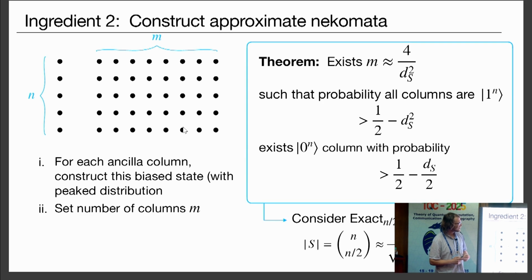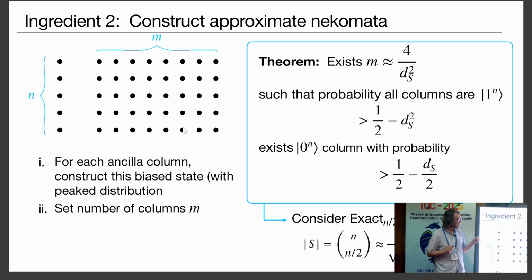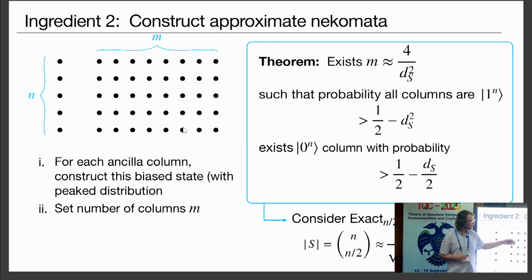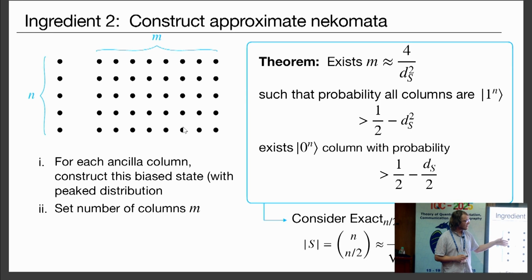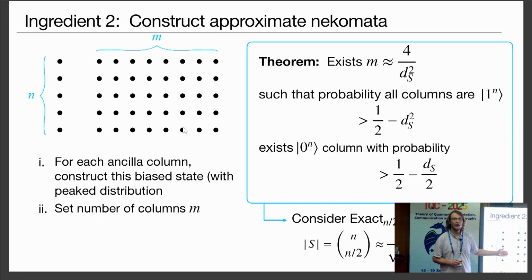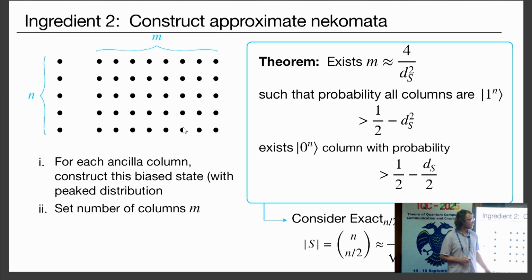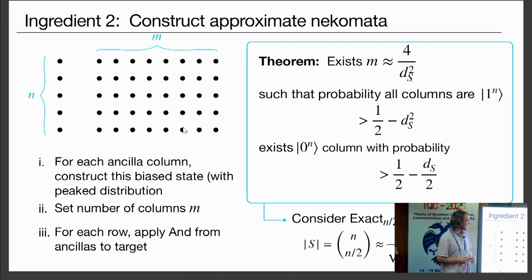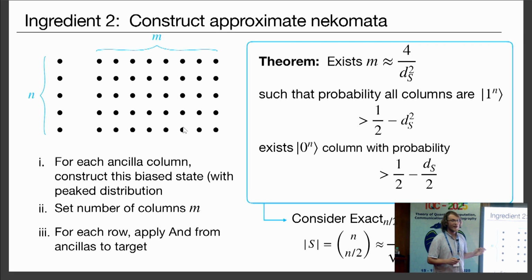What this means is that if you have majority gates, then like I mentioned, you can recover these exact n over 2 gates. And this will leave you with some parity-restricted sets. But I didn't say anything about what its density was earlier. You just do a Stirling estimate. The resulting density will be about 1 over root n. And what this means is that these probabilities here are going to be roughly like a half minus 1 over root n. The resulting state is going to have high fidelity with some Nekomata state. In particular, it's going to have fidelity like 1 minus